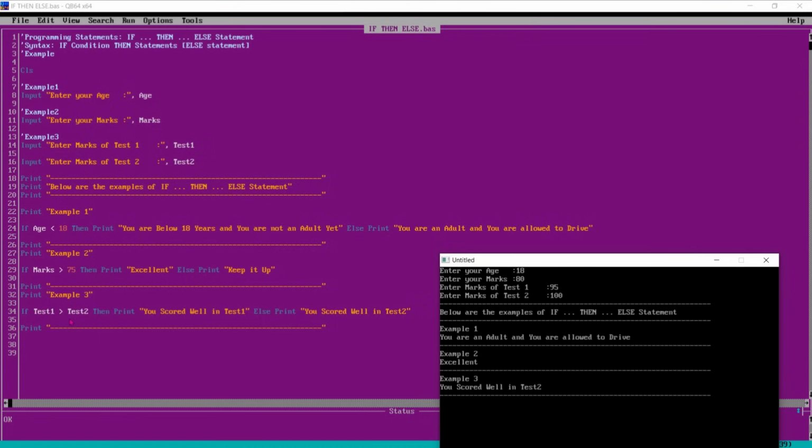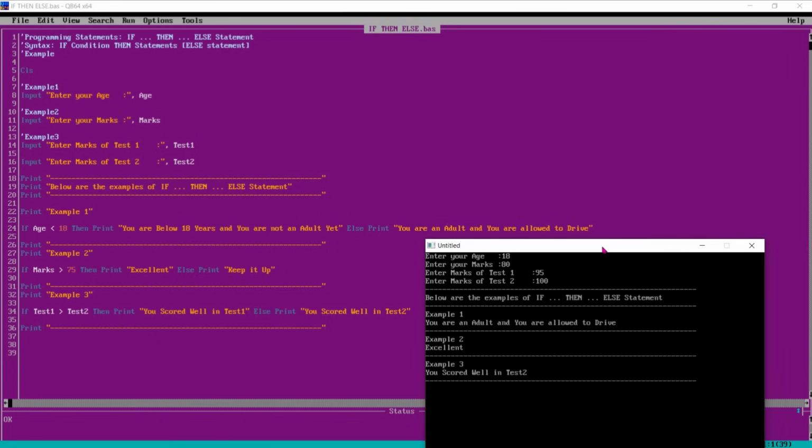And for example 3, the score of test 2 is better than test 1, you scored well in test 2, right? So with these three examples you can easily understand how we can use if then else statements in QB64.